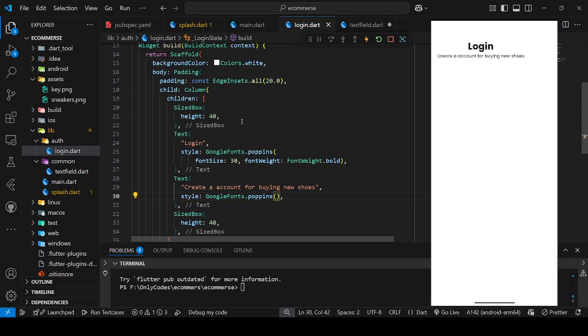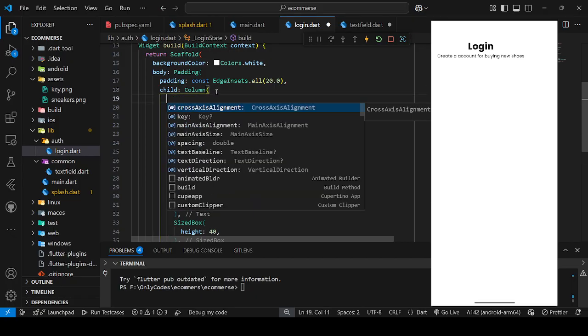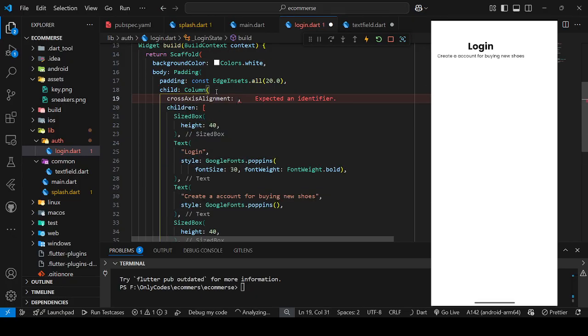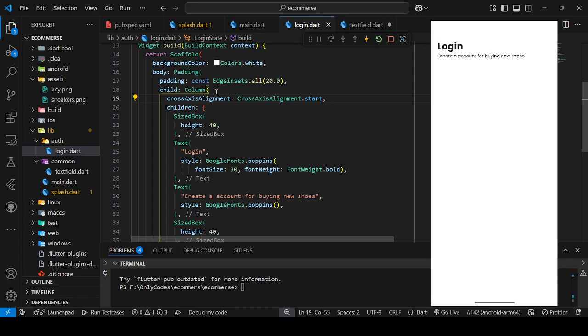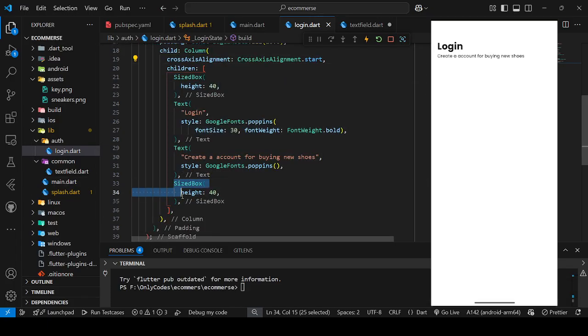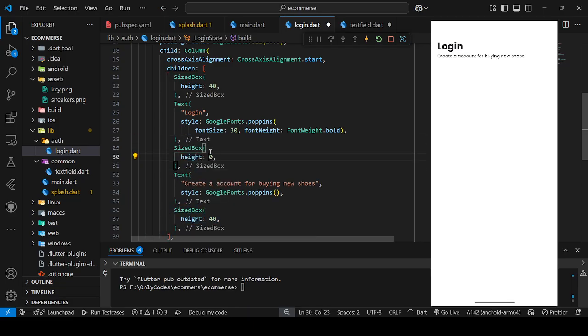परफेक्ट. और अब ये इसका भी चीज़ सही नहीं लग रहा है, तो अपन इसको भी एक अलाइनमेंट देते हैं। तो यहाँ पे क्रॉस अलाइनमेंट लिखेंगे। क्रॉस अलाइनमेंट के बाद will just give it start. तो परफेक्ट, you can see that ये अब एक दूसरे के लाइंस में आ गए। एक चीज़ और कर सकते हैं, यहाँ पे एक साइज बॉक्स लगा दें ऑफ हाइट जो भी है 5। तो you can see कि अपने ऐप में सारी चीज़ें आ गई।